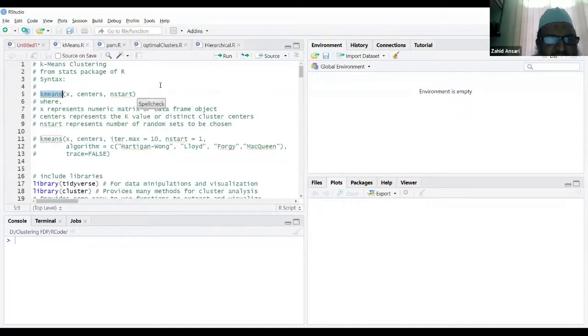In its simplest form, you specify your data set which you want to cluster. Then you specify the centers, how many clusters you want.